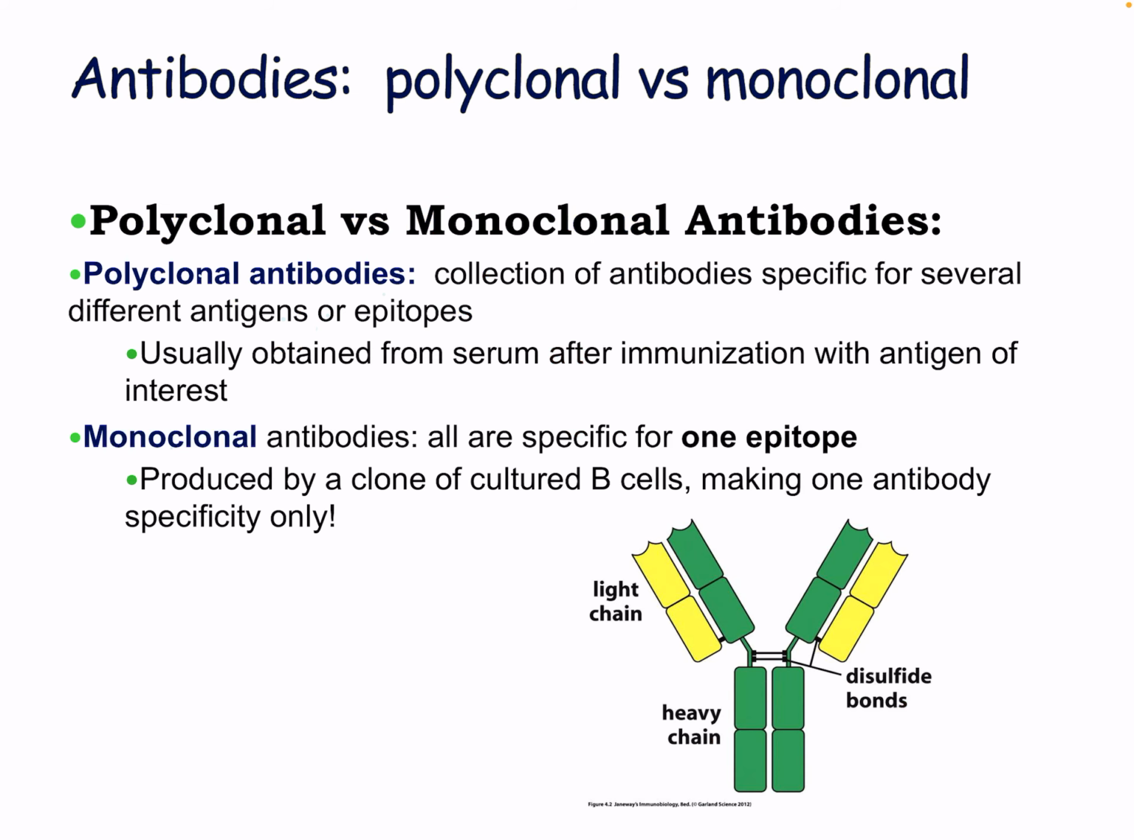So polyclonal versus monoclonal. Polyclonal antibodies are a collection of antibodies specific for several different antigens or epitopes. These are usually obtained from the serum after immunization with an antigen of interest. Whereas monoclonal antibodies are all specific for one epitope. These are produced by a clone of cultured B cells, making one antibody